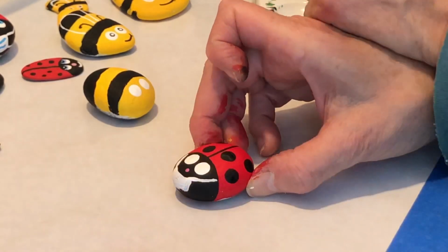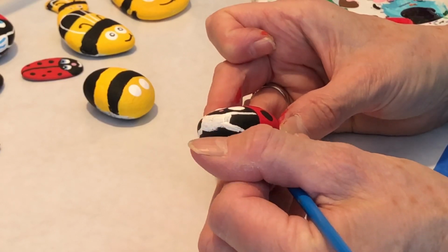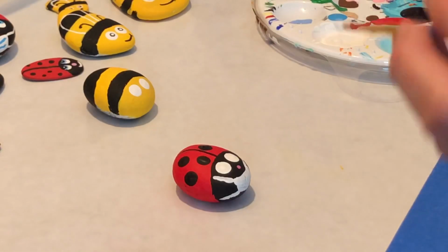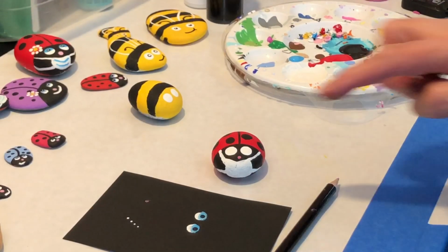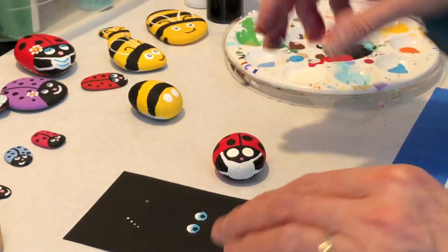There, and one more. This brush isn't the best. I would probably find a thinner one. Okay, and I'm gonna fix up that mask just a little, but that's the idea, and I'm gonna dry it. Okay, we're back. I fixed up the mask, just made it a little bigger, and I was playing around with